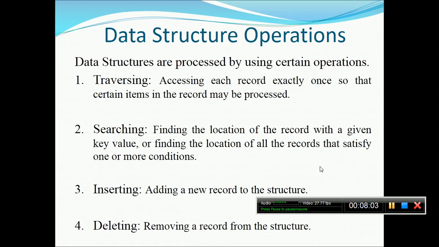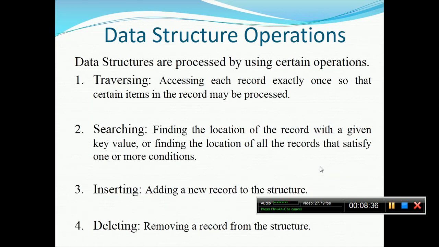Suppose you are not looking for all the records, you are just looking for a single record. At the same time, the last element present in the list can also make you successful. Before moving to insertion, I will again repeat: traversal means there is no criteria in your mind. You have to access each record exactly one time and you are done. Whenever you are searching, you have criteria in your mind: I am looking for this data, and as soon as I find it, I will stop. You will get a success or failure.